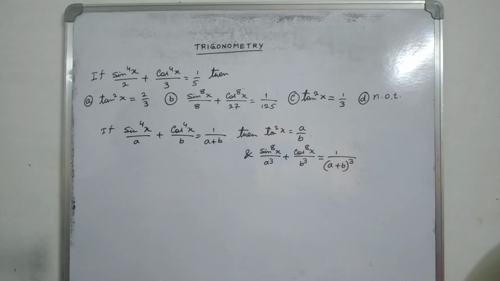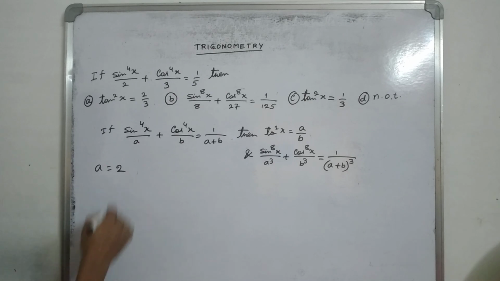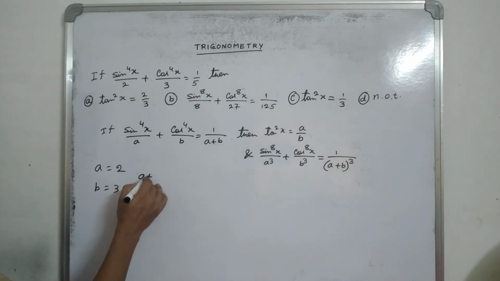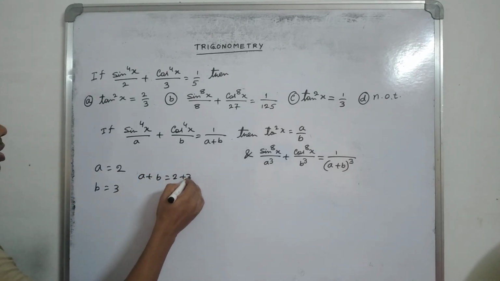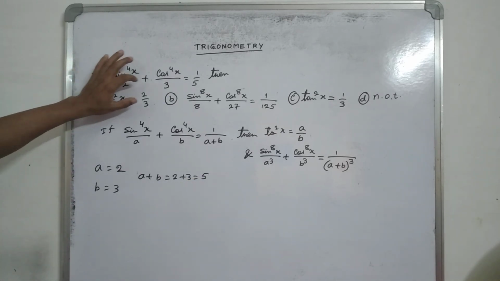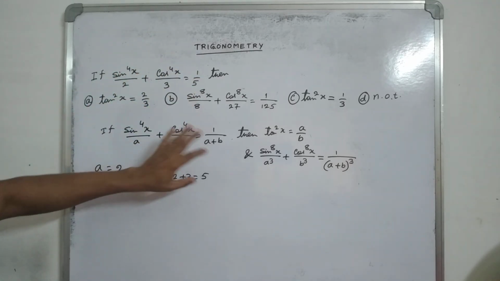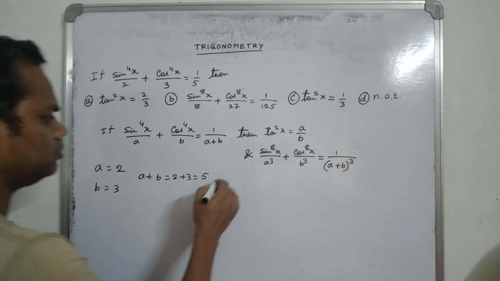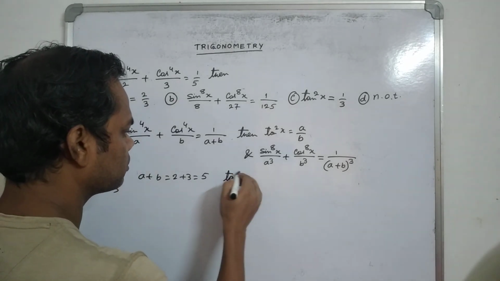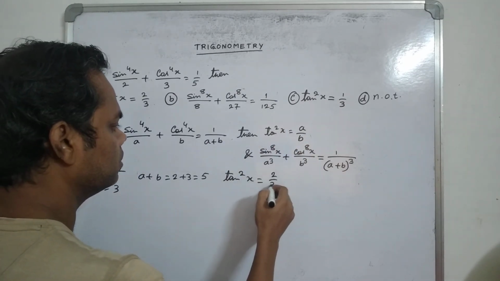Now see that here a equals 2 and b equals 3, and a plus b is equal to 2 plus 3 equals 5. So there is the formula sin to the power 4x by a plus cos to the power 4x by b equals 1 by a plus b. Similar to this, tan square x is equal to a by b, that is 2 by 3,